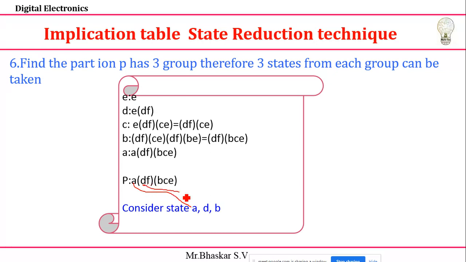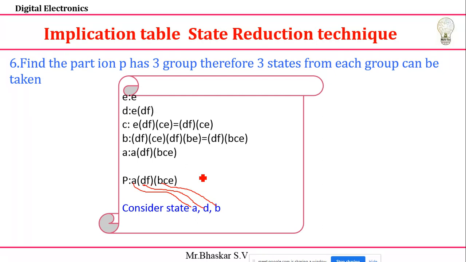I'm going to consider D, and B and C also, you can eliminate these two and take only one state. I'll take B. It's your wish. If you want, you can take A, F, and E, or A, F, C, or A, D, C. Anything, because in the previous method also we took two rows, eliminated one row and retained one row, right? So there you can take any one.